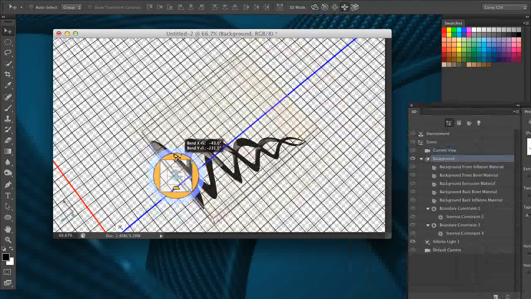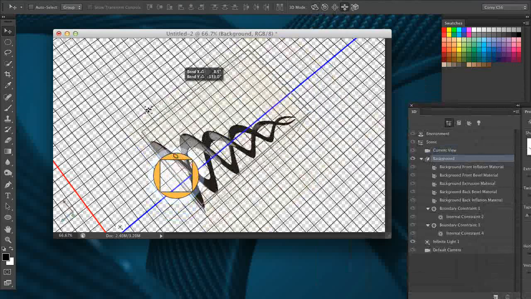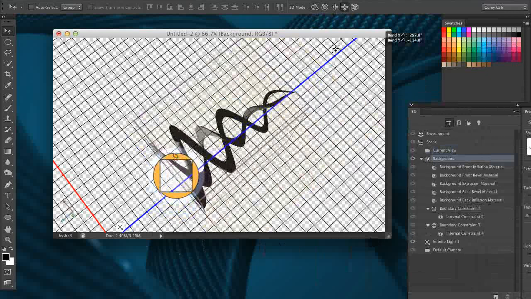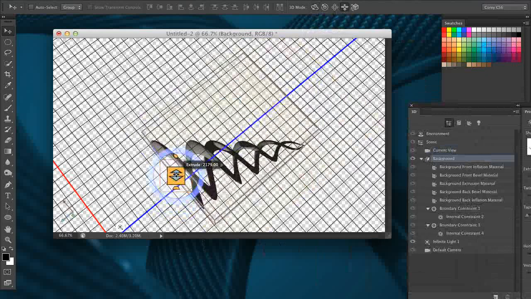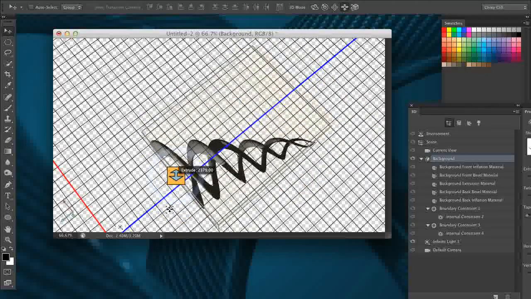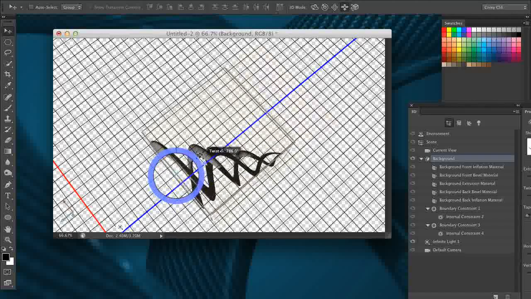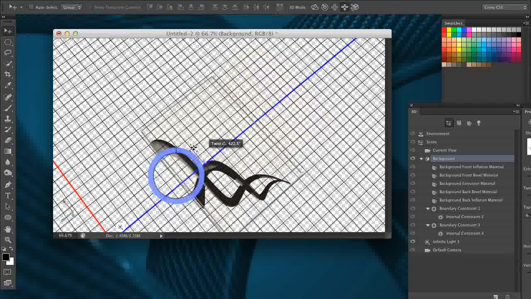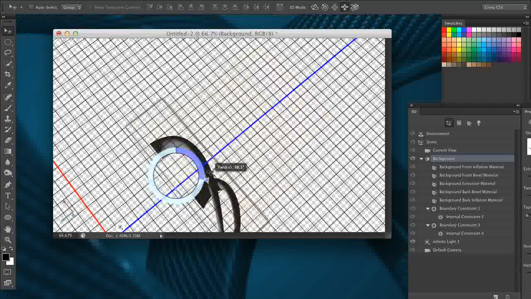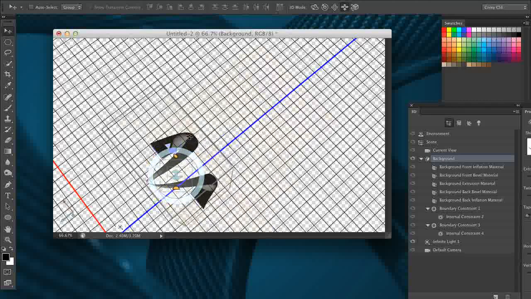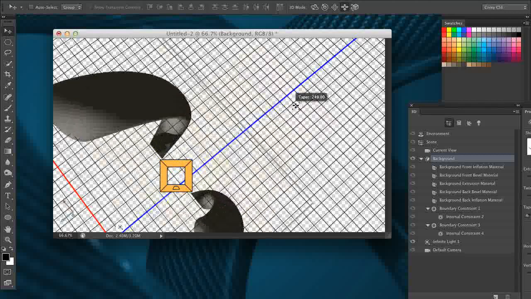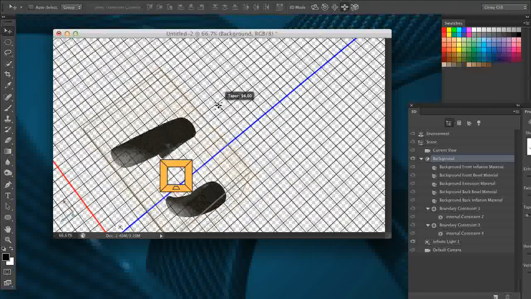Remember this widget I was talking about? This allows you to do it more freehand, so I can actually twist this around in 3D space depending on which area I hover over. I can extend the extrusion or decrease it. I can change the twisting of it with this widget here. Notice if I move that around, I can just take the twisting down, down, down, and then go over here and just modify this positioning here. I can increase the size,